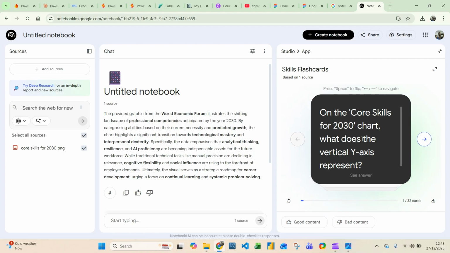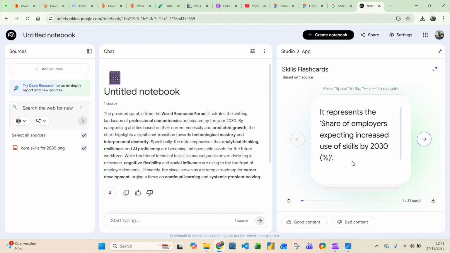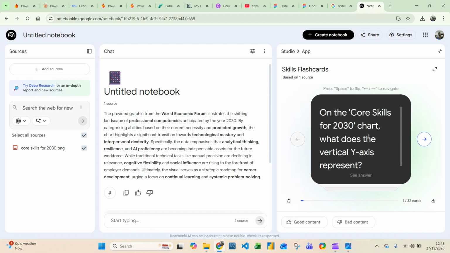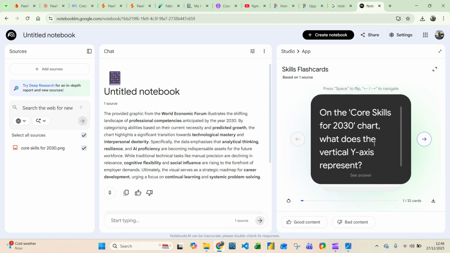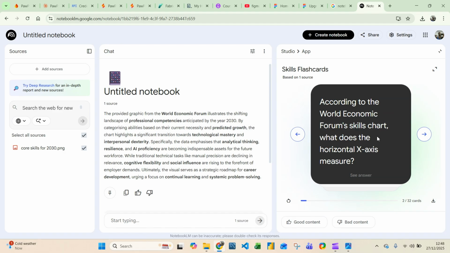It's now generated the information, and if you start clicking on it, it's going to ask you a question, and at the back of that question will be an answer, just to test your knowledge if you've consumed the information and if you understand it. As you can see,